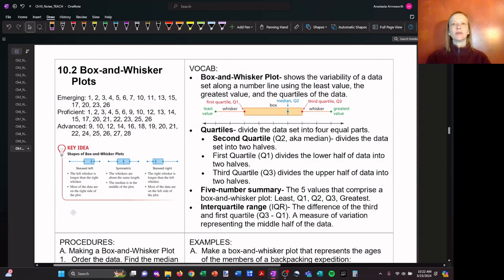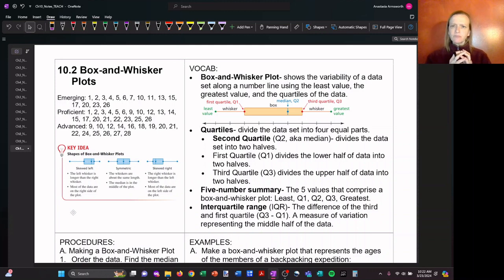Hi, folks. In section 10.2, we're going to learn about box and whisker plots. Box and whisker plots are one way to represent the variation among a particular population. For instance, the heights of various females in high school, or the shoe sizes of various men on a basketball team, or speeds of different cars on a highway, where you have multiple measurements and you want to compare the variation among that